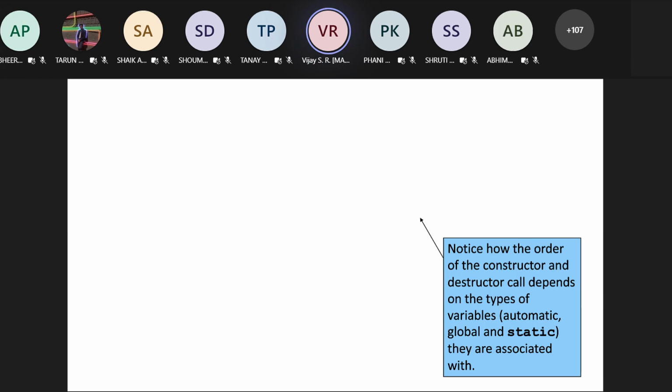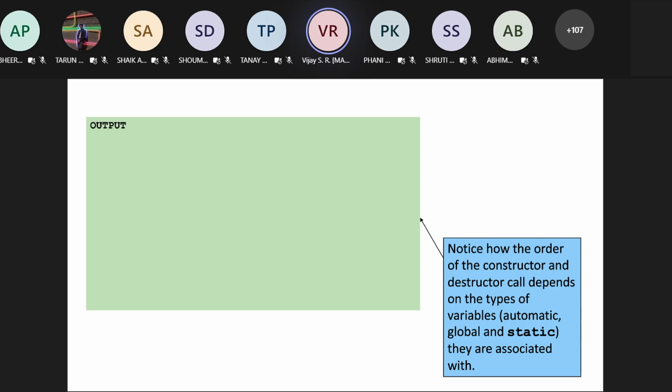So the global and static, I guess. Global and static both, or only the global first? Right, that is what I'm trying to tell you. Please try to observe the program and try to get your own list: what constructor after what constructor, or what destructor and then which destructor or constructor. All that sequence, that is what I'm trying to give you.